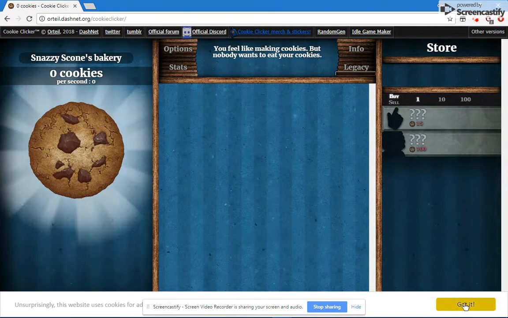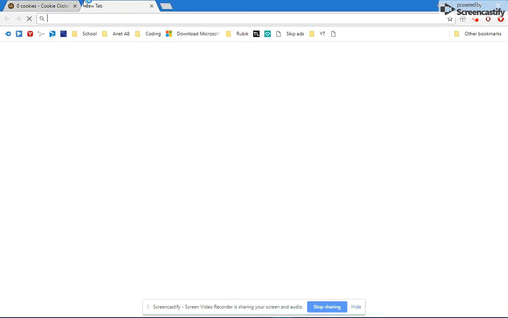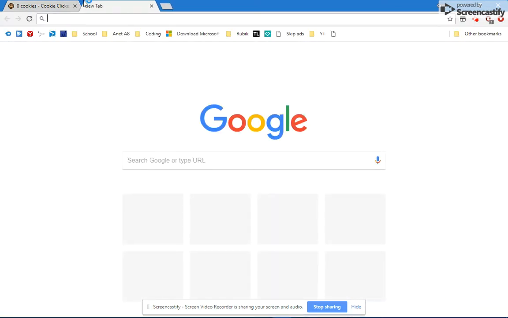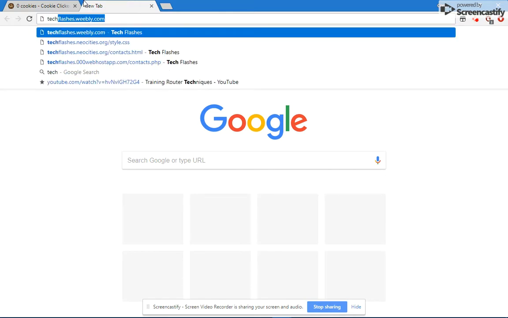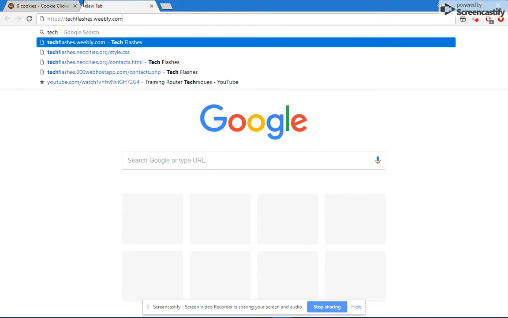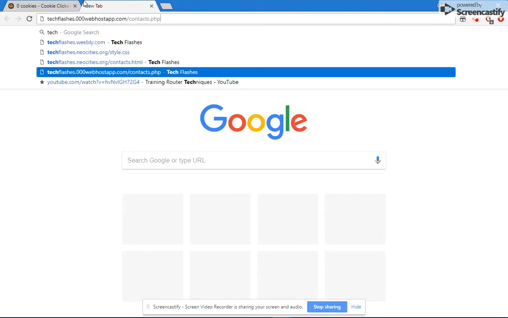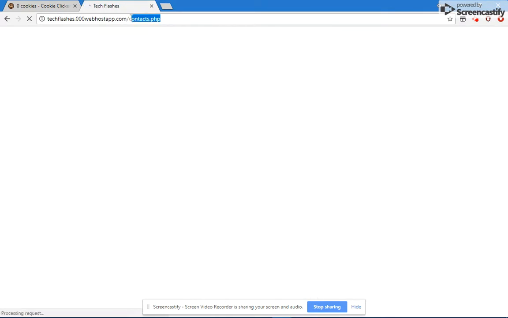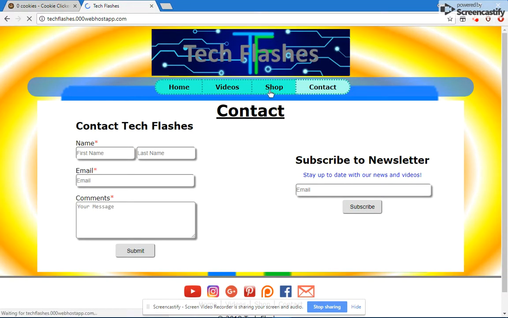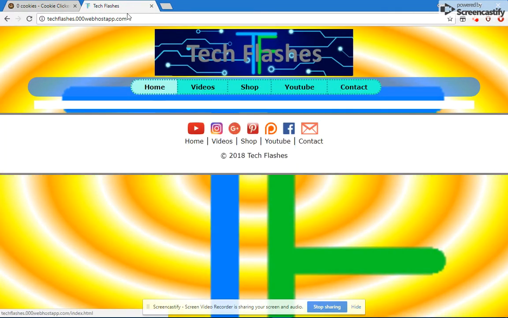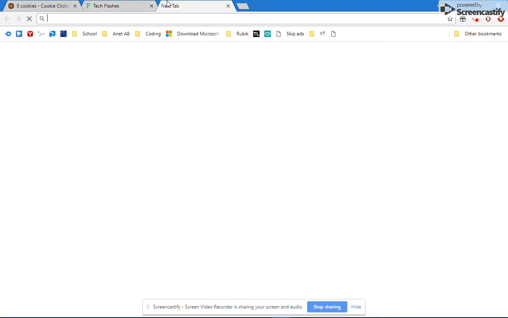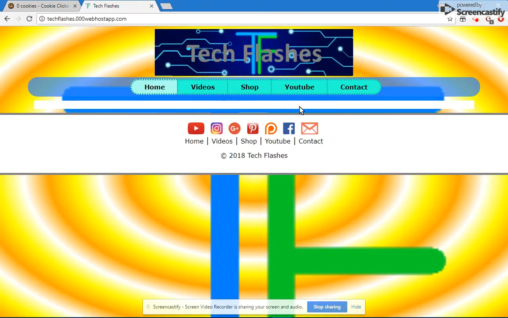And then for my first method, you have to go to my website. I'm going to put it in the description below so you can just go down and click on the link. So it's techflashes.00web, or you can go to techflashes.weebly.com or anything. It's going to redirect it to the site anyway. So go to YouTube,